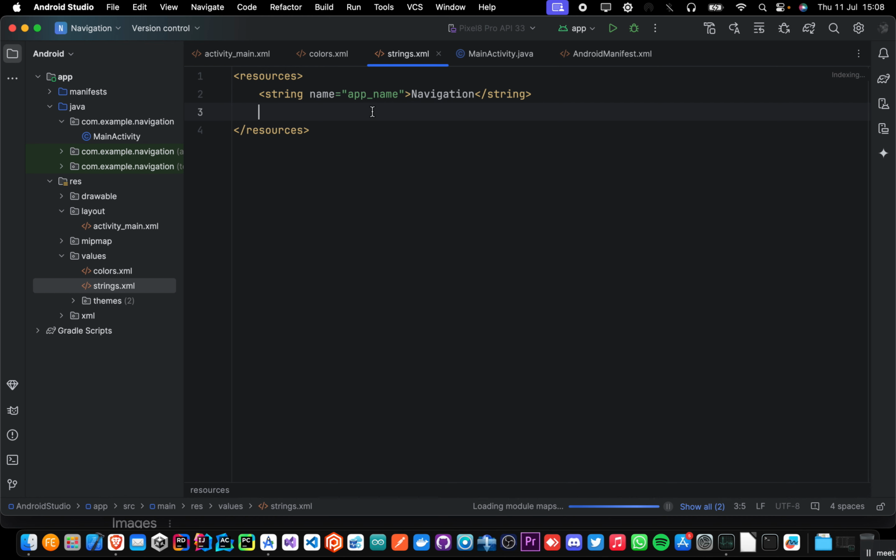So if you can see, by default, the app name is named as navigation. So if we wanted to change the name of our app, we can actually do it here and say something like